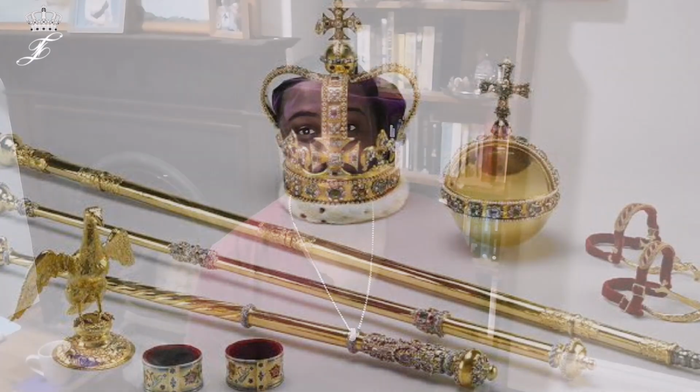Today's video is going to be about the crown jewels of the United Kingdom of Great Britain and Northern Ireland. The crown jewels of the United Kingdom of Great Britain and Northern Ireland are some of the oldest and most controversial of history across Europe and the world. Their history not only tells us the story of the islands it is held, but the world we live in today. Some pieces even standing the test of time for more than 1,000 years, surviving war and revolution. And with that, let's learn about the history and the stories these priceless artifacts have to tell us about themselves